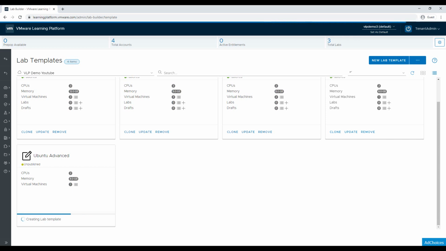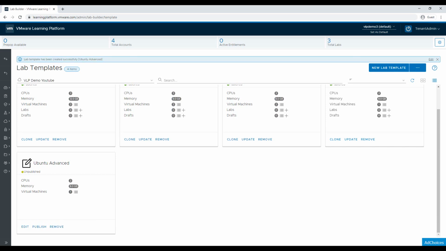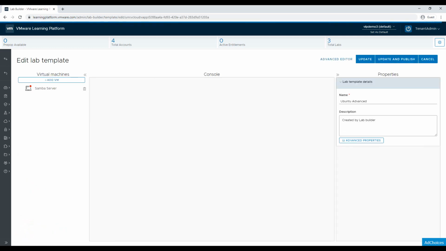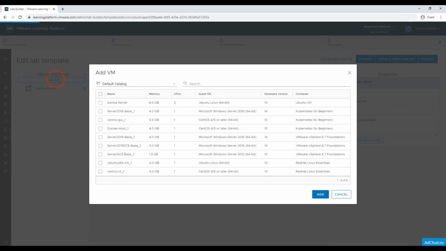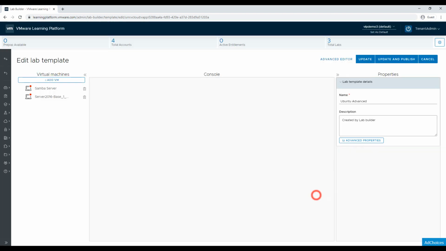So I'm going to be adding another virtual machine, for example. In this case, I'm going to be adding a Windows server. So we are going to be playing around with Ubuntu with Samba on it. Then we are going to be sharing a file system over the virtual machine running Windows OS. So let's edit this one, add another virtual machine, and let's find Windows Server 2016, for example, add,